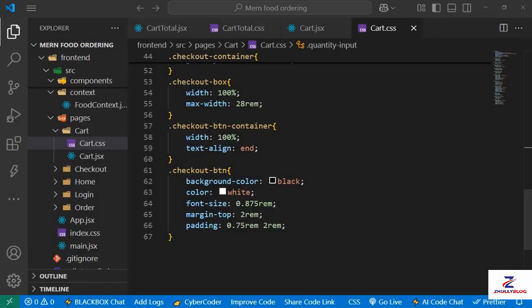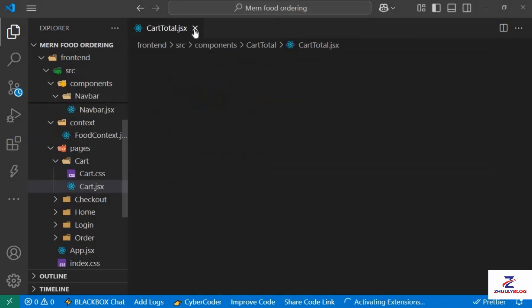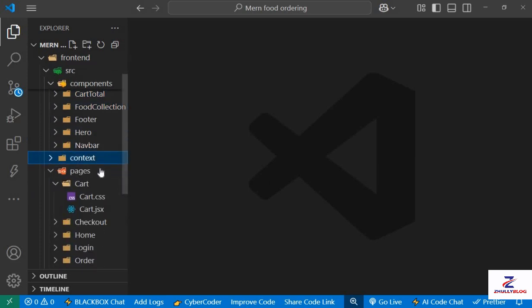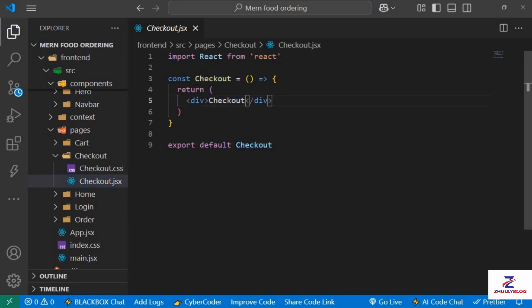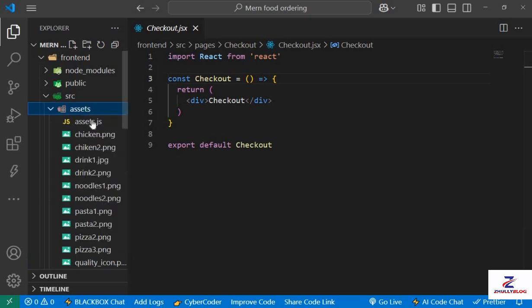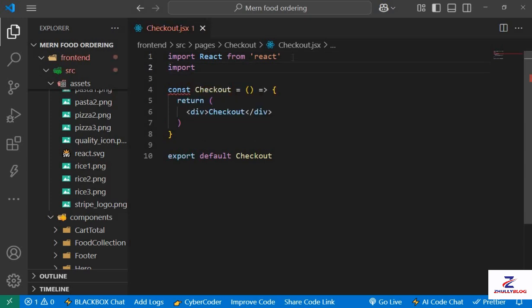So I'm going to close the carts.css, carts.jsx, our cart total, and we'll start with our checkout page. So we'll close the contents, the carts, then we'll start building our checkout page. The first thing we're going to do is import the Stripe image that we're going to use. We're using the Stripe logo here. So first off, I'm going to import Stripe